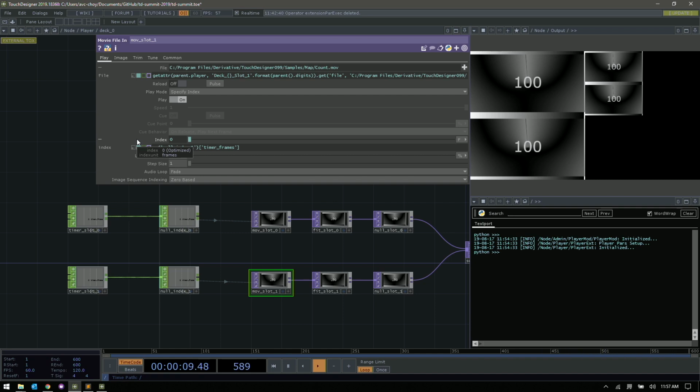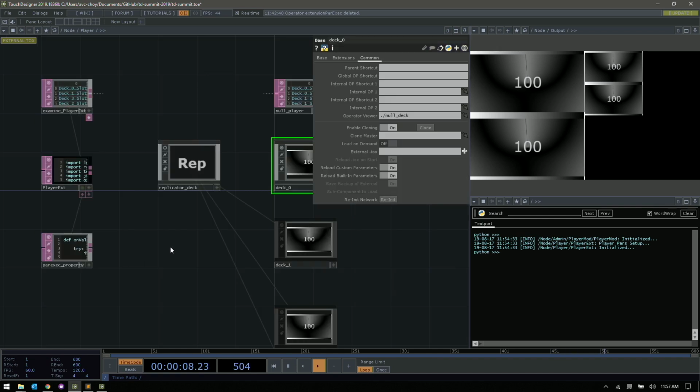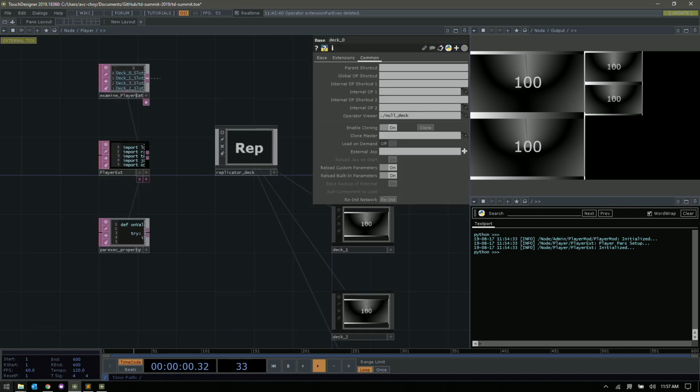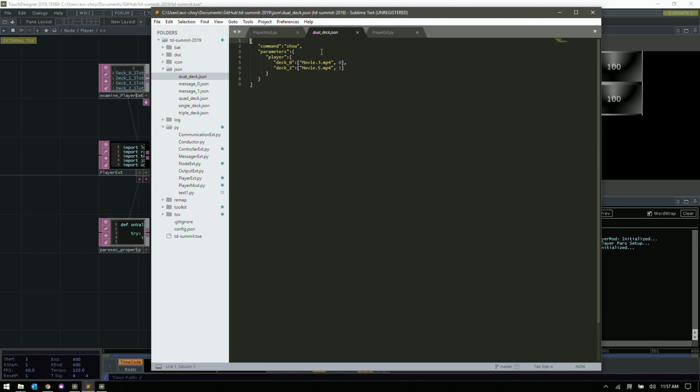So, for example, this one's optimized. This one probably won't be, right? Unoptimized, so it's going to run a little higher in cook time. But anyway, I've got this little JSON file here, and basically what's going to happen here is